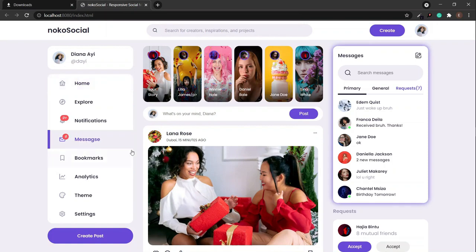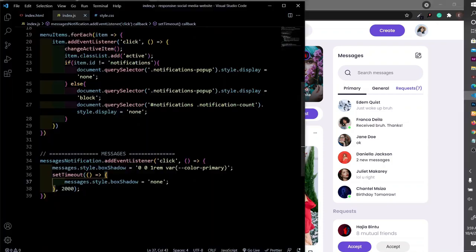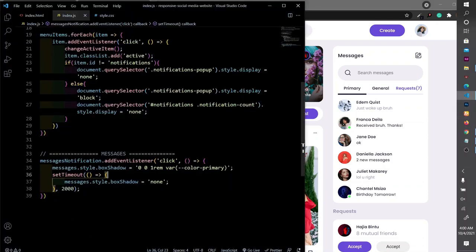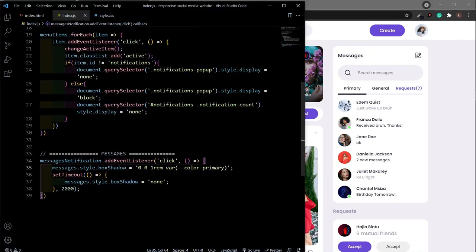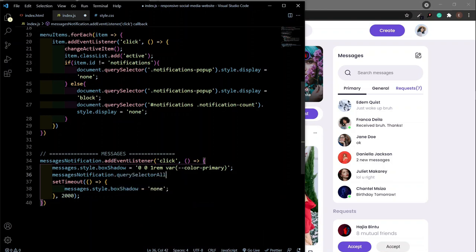So let's try that. I'm going to click it, and then after 2 seconds, the box shadow should disappear. But I want to hide this notification as well, this messages count. Right here, the notification is inside the messages notification, which is the messages menu item. It's inside that. So I'm going to do querySelector,